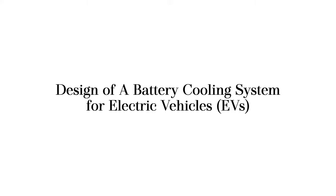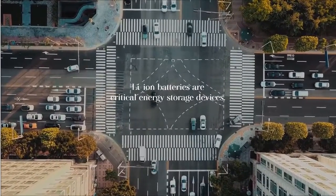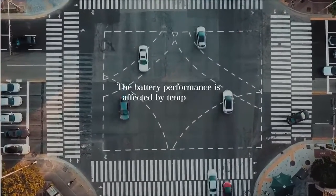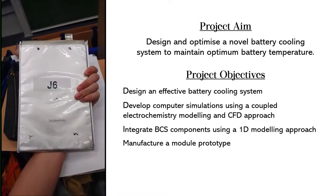This is our group design project on the design of a battery cooling system for electric vehicles. Lithium-ion batteries are critical energy storage devices, especially for electric vehicle applications. The battery performance is affected by temperature. To maintain battery health and performance, preventing thermal runaway, we developed a battery cooling system that maintains and cools battery